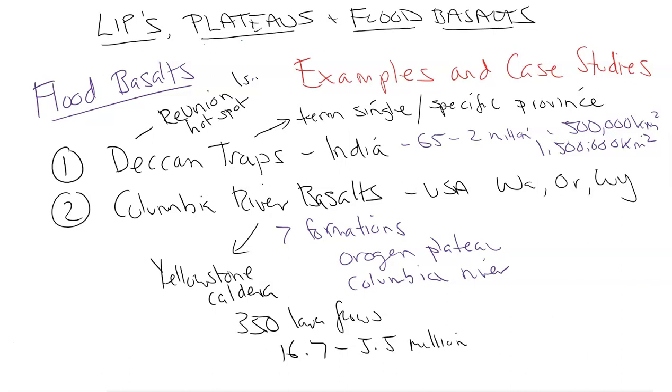layer of basalt. Now, the Deccan Traps is over 6,500 feet in elevation, so very high, over 2,000 meters. Whereas the Columbia River Basin is 3,500 feet thick at its thickest. So these are very large plateaus, flat areas formed by large voluminous basaltic lava coming out over a short duration in certain locations. We call these